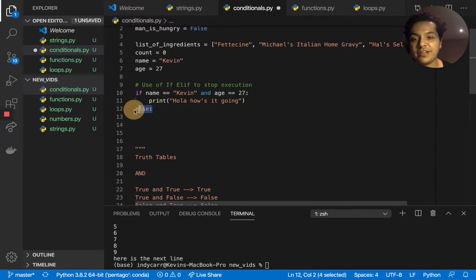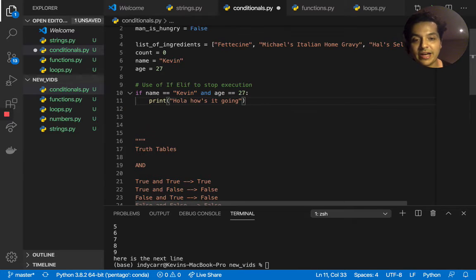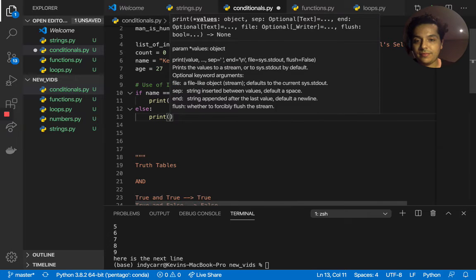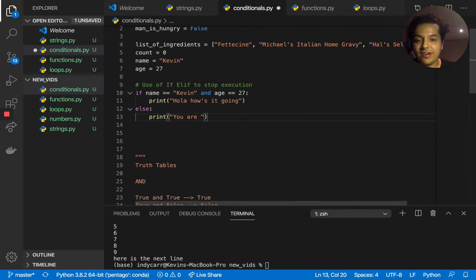If you have nothing here, it'll just go to the next line, so exit out of that code. But if you have an else statement, it's basically statement B, or the false statement you want to return. So, you are not who you say you are. So if I run this,